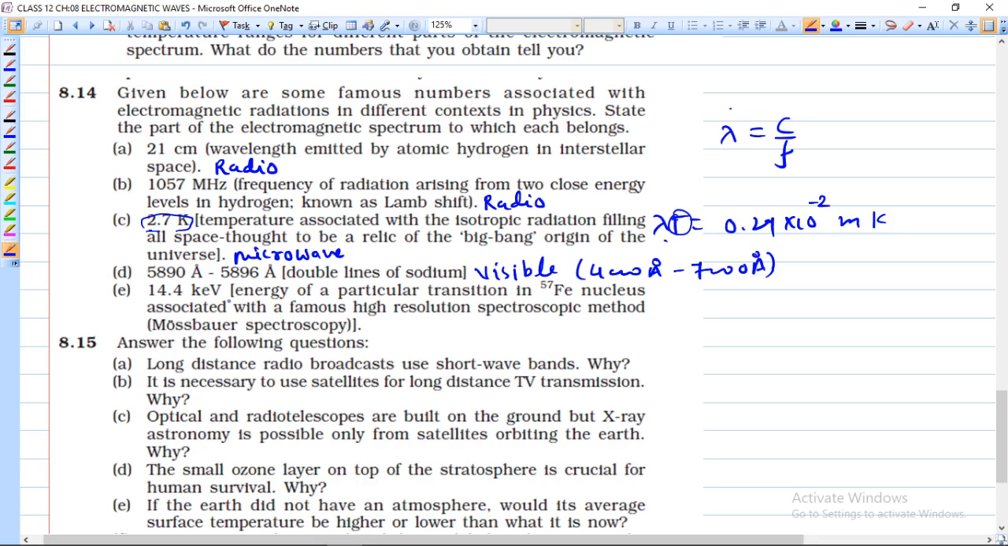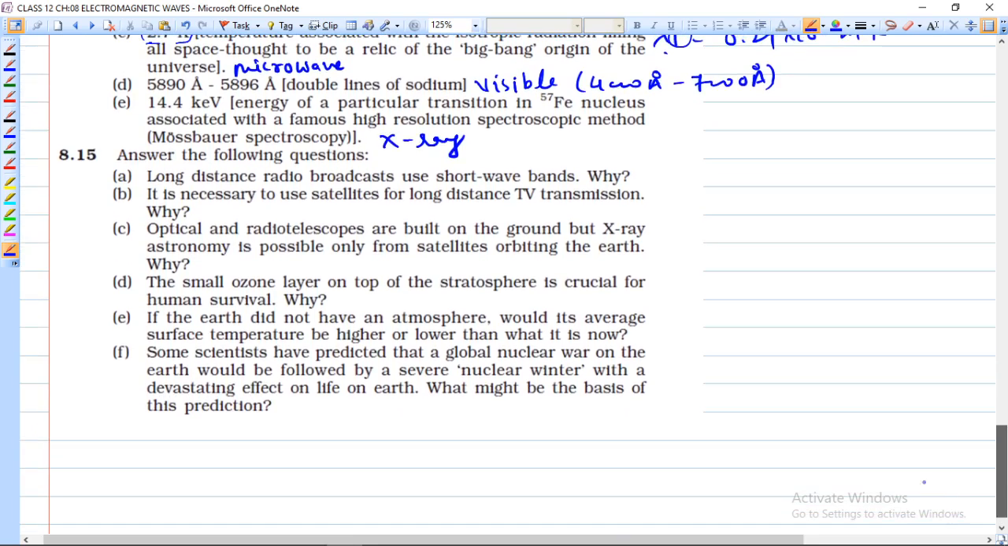ओके, नाउ 14.4 किलो इलेक्ट्रॉन वोल्ट, जब भी ऐसा दिया हो ना बच्चों, एनर्जी ऑफ पर्टिकुलर ट्रांजिशन इन द 57 फेरस न्यूक्लियस एसोसिएटेड विद द फेमस हाई रिजोल्यूशन स्पेक्ट्रोस्कोपिक मेथड, ठीक है। तो ये एक्सरे प्रोड्यूस होगी, क्यों, क्योंकि मेटालिक एलिमेंट है, हमने बोला था। मेटालिक एलिमेंट पे इलेक्ट्रॉन ब्लास्ट करो, आपको एक्सरे मिलेगी।